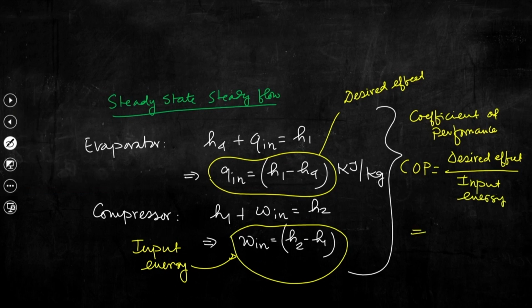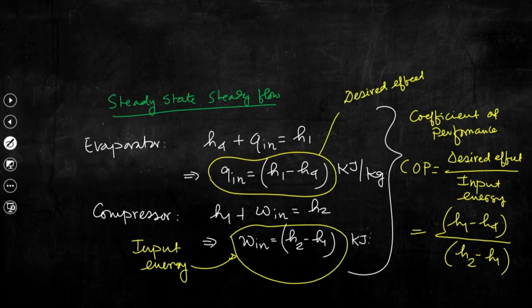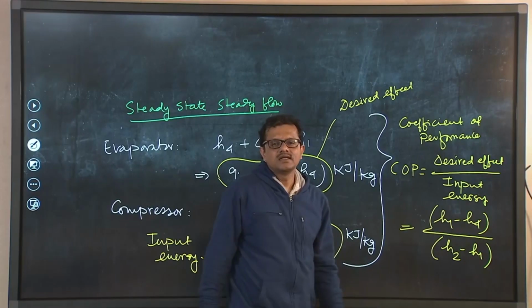So, that means this is H1 minus H4 divided by H2 minus H1. This is also, the unit is kilojoule per kg. So, try to understand, this is the mathematical expression of the coefficient of performance, and essentially, per unit mass flow rate of working fluid, the change in enthalpy is giving us an estimate about the desired effect and input energy. So, if COP is higher, then the